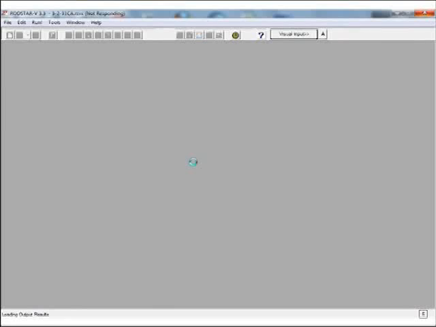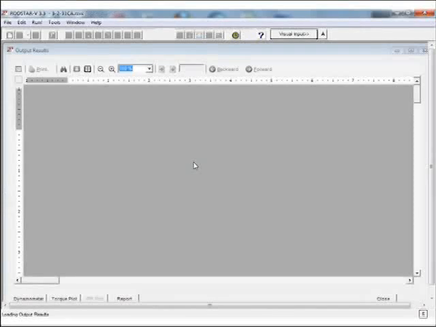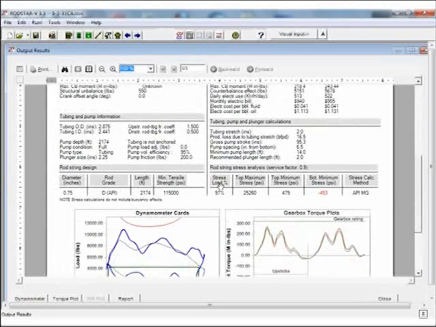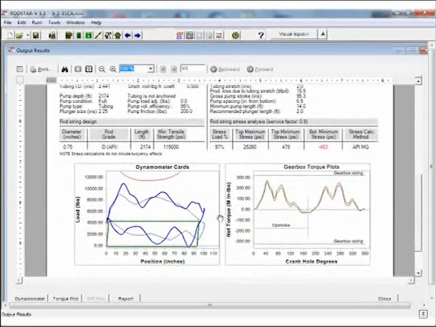You see, the program uses a second wave equation to simulate the fluid inertia effects. And even though that doubles its execution time, that's the right thing to do for these types of wells. Otherwise, you will not get a good match. You will not get good results. As you can see here, the predicted card looks very different. Of course, it's going to look different from the measured because